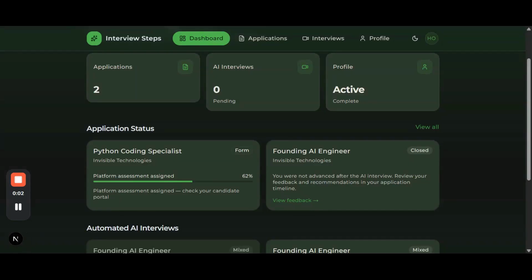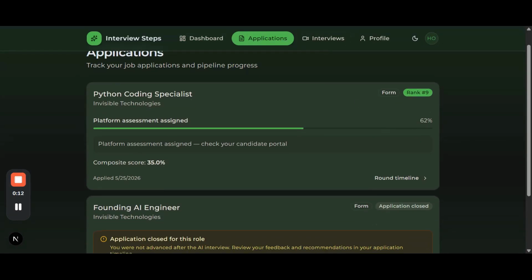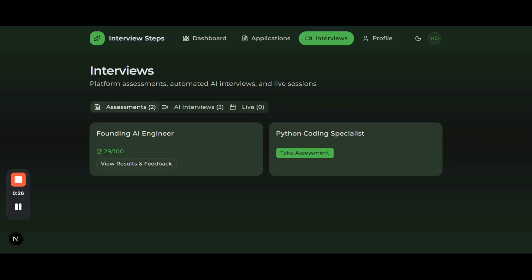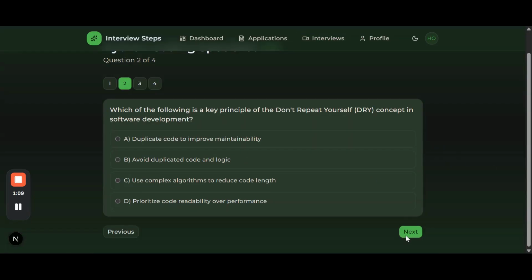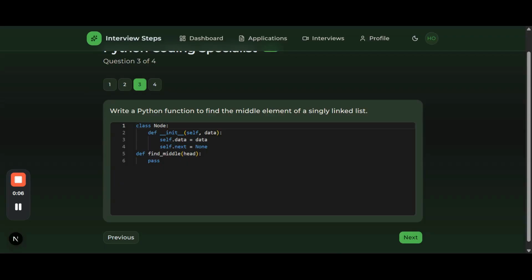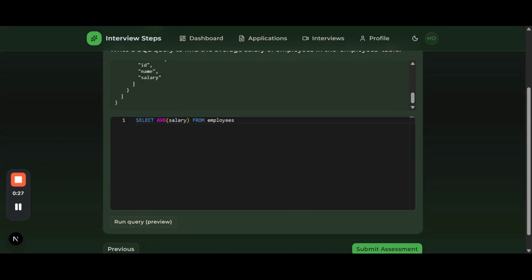Now we switch to the candidate side of the application, and here we see that the candidate has been assigned an assignment that they have to complete. Once the candidate takes the assignment and completes it, the recruiter will be notified that the candidate has completed it, and also the candidate will get immediate feedback right after the assignment with the help of AI,